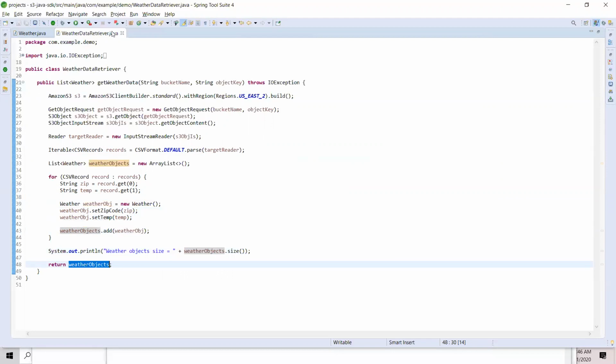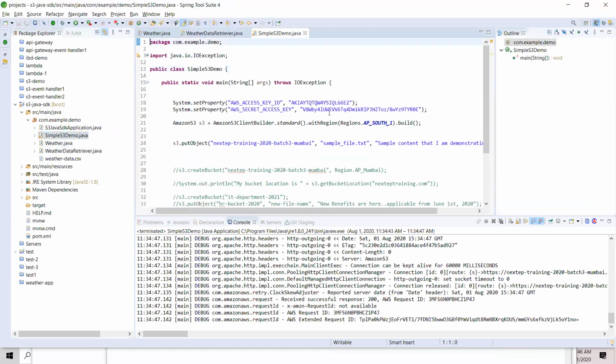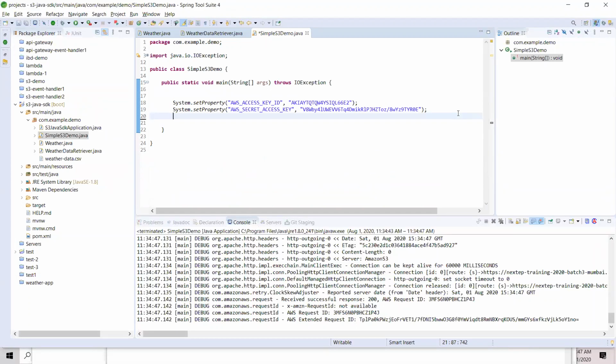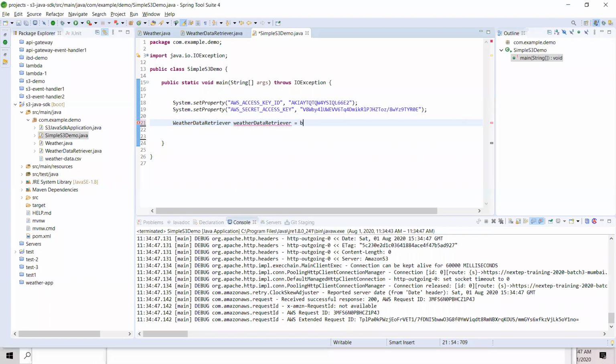So all I want to do is call this from my main method. Simple S3 demo, right? This is calling System.setProperty, so I'll take out all of this. WeatherDataRetriever equals.